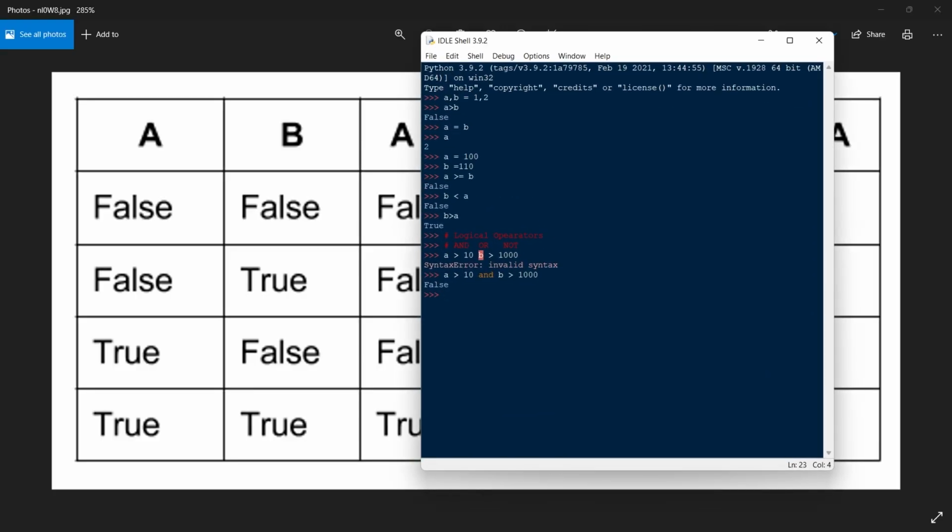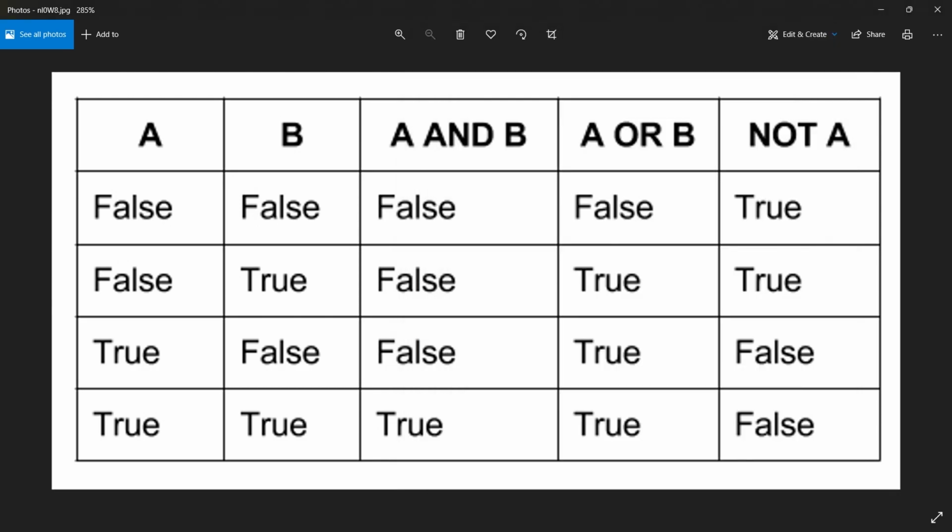And now let us see for OR operation. Same conditions we have to give, with OR between them. So it prints true as output. Why does it print true as output? Because OR operation states that when at least one condition is true in the above statements, then the output is also true for OR operation. If both are false, then it will print false as output.